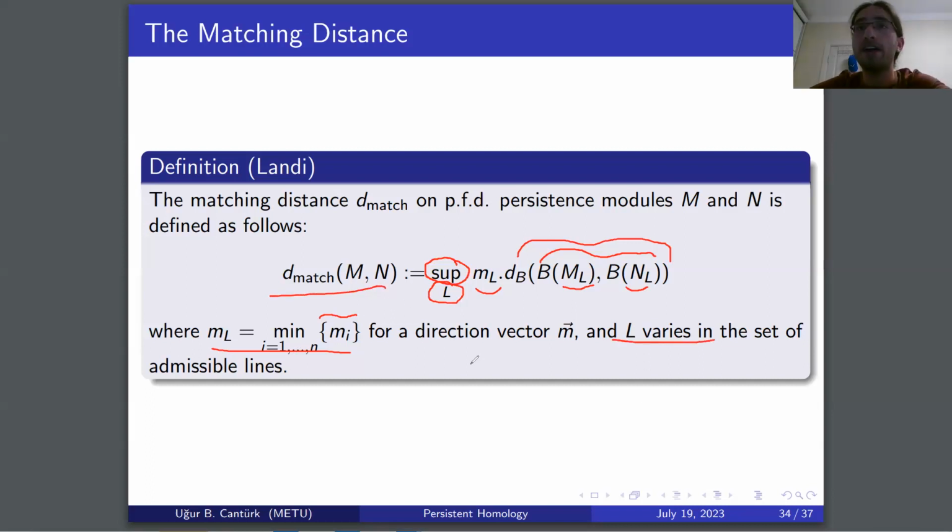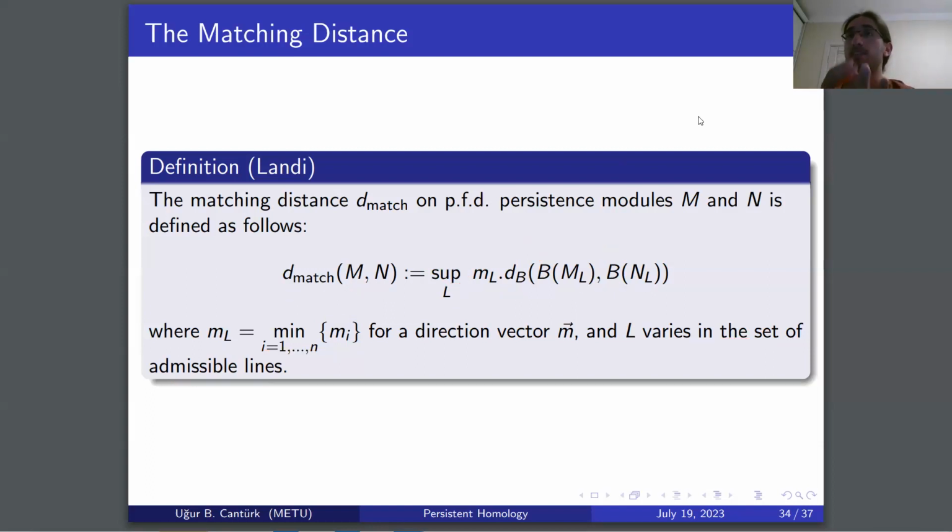In here, L varies in the set of admissible lines. But we know that there are infinitely many admissible lines. So this is nothing very easy to compute. And as a final remark,